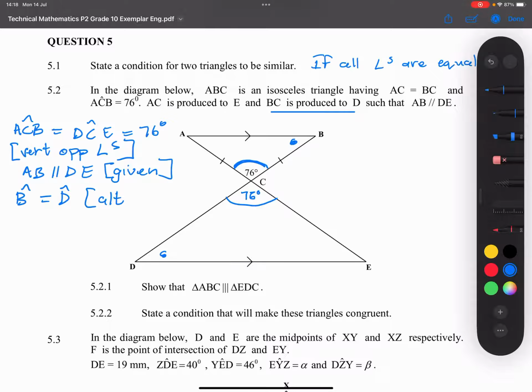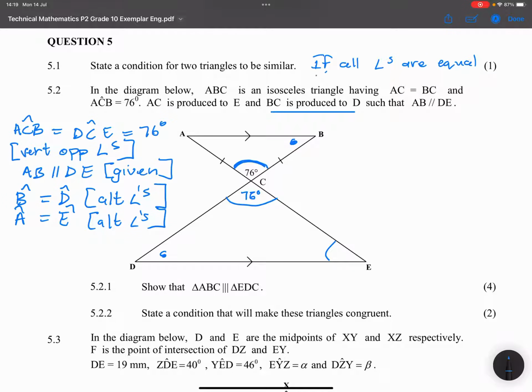That's alternating angles. But also what it means is that angle A, this guy, should be equal to angle E, right? Again, these are alternating angles. And so therefore, ladies and gents, we've got 3 sets of equal angles. That's exactly what we said here. All angles are equal. So in that case, it means therefore triangle